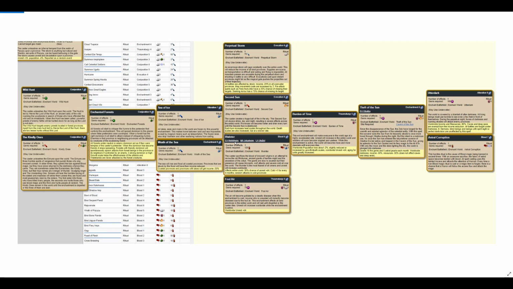Foul Air. Foul Air is the first of the Death Screw the World spells, and Death screws the world better than any other field except for Blood. Foul Air's tip says it only increases unrest by plus D4, which is just twice the unrest effect of Illwinter. That's not the biggest problem. The biggest problem is